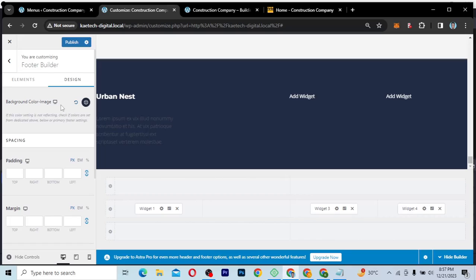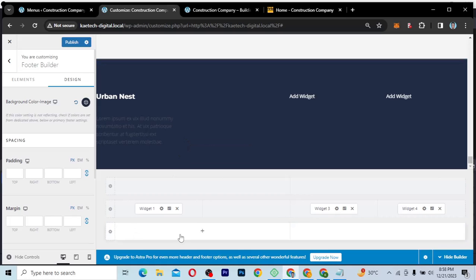Now remember that I have done videos about how to customize the Cadence theme, how to customize the Astra theme, Ocean WP theme, and all those things. You can check those out. I did an intensive review of those themes, and how you can customize them. Okay guys, now that we have this one,